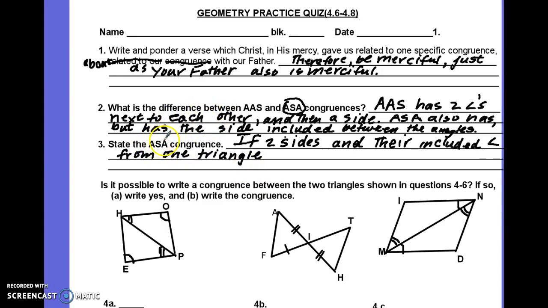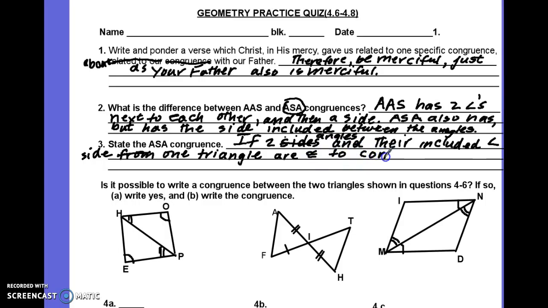The two slices of bread would be the two angles. I should say not two sides, but two angles. Sorry, two angles because it's angle, angle, and their included side, from one triangle. This is good. From one triangle are congruent. I'm just going to use the symbols here